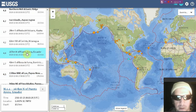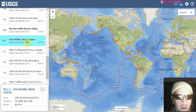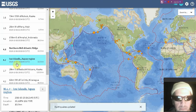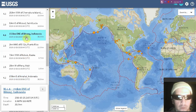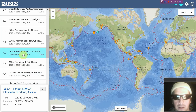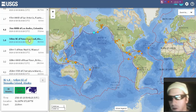4.4 at Ecuador is next. That one coming in at 1810 UT. Nicaragua gets a 4.2 at 1820 UT. Here's a 4.7 at Japan, followed by a 4.8 at the Mid-Atlantic Ridge, halfway around the world. Here's a 4.2 at Indonesia, 4.6 at Indonesia, 4.3 south of the Aleutians,